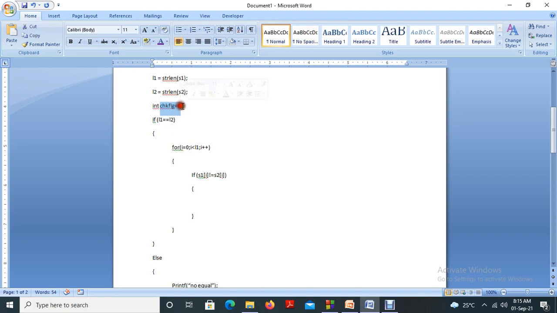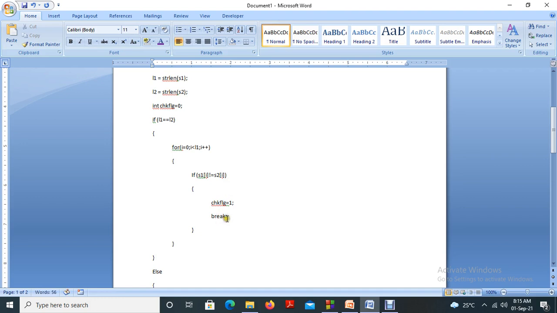Then if this condition is true, that means if it is not equal, we are saying that flag equal to 1, and we don't want to continue this loop also. So I am using the break statement. The break statement will immediately break the execution of its immediate for loop or any loop.